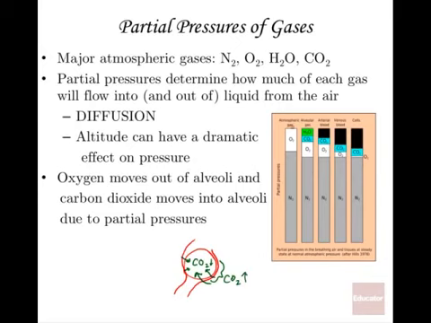But when you look at oxygen, look at the partial pressure of oxygen in the atmosphere and how it gradually gets lower. The partial pressure of oxygen can only drive it so far deep within the body. So it does get to our cells, but the relative amount of oxygen in the cells of our body compared with the amount in the atmosphere is significantly less. The alveolar gas, this is the gas that's actually in the alveoli. Here are the partial pressures in arterial blood, taking blood to the body out of the heart. And then venous blood, this is the blood going back to the heart. And like I mentioned earlier, this is partial pressures within cells.